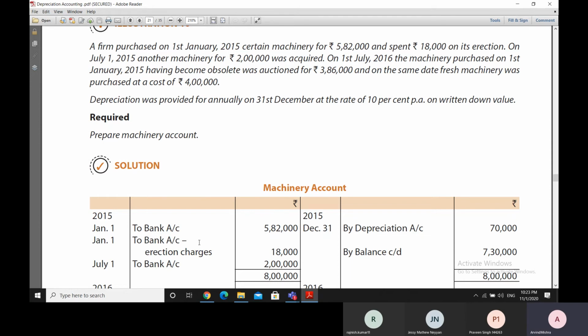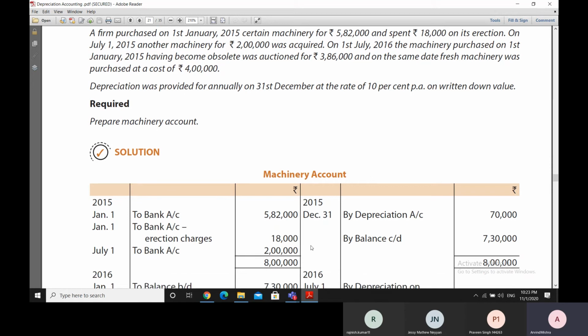And then we have to allow a depreciation here. So depreciation is being allowed at the rate of 10%. So machinery is 6 lakh rupees, and thereafter